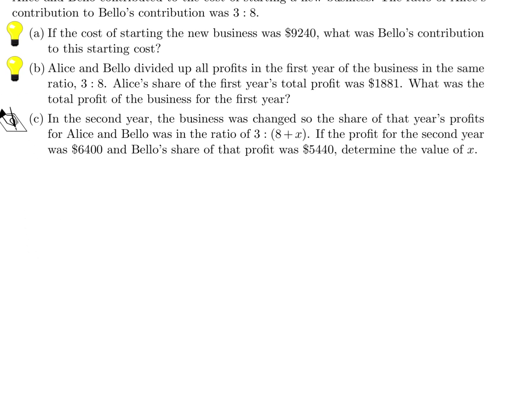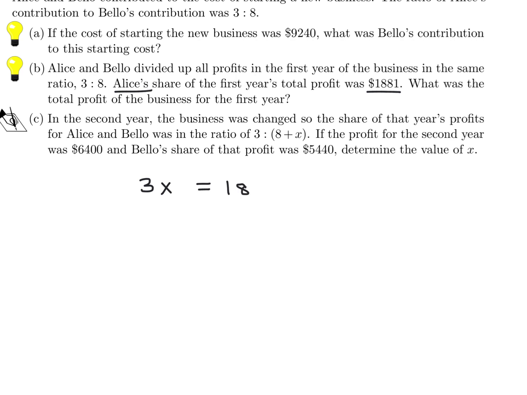Alice and Bello divided up all the profits in the first year of the business in the same ratio, 3 to 8. Alice's share of the first year's total profit was 1,881. What was the total profit of the business for the first year? Okay, so total profit for Alice. Okay, I got it. So basically, same thing, 3x